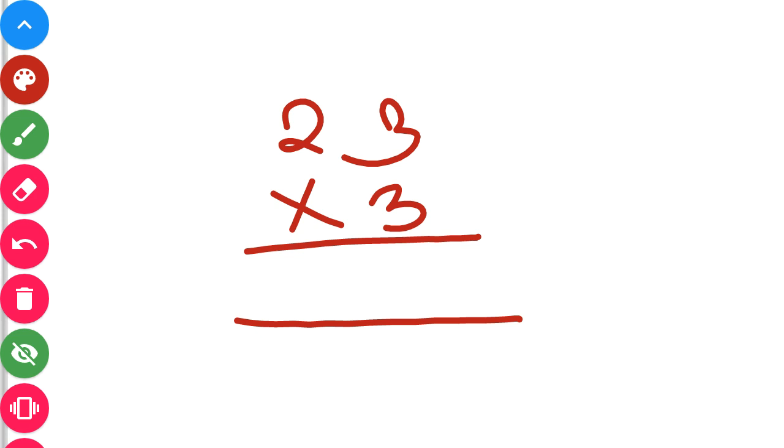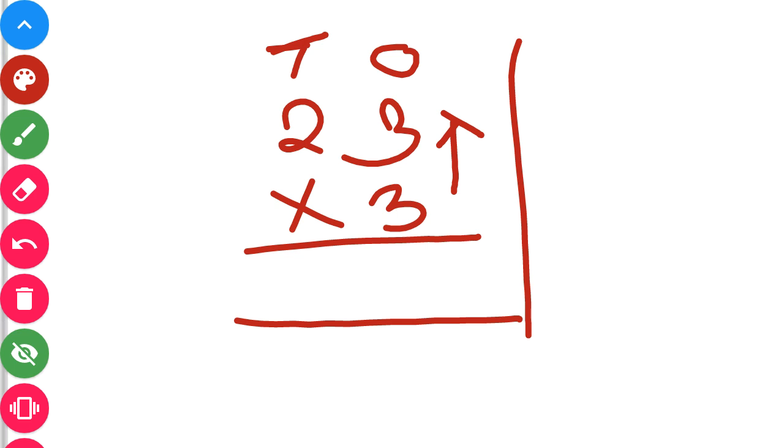So place value of this number is ones and this is tens. Okay, so first क्या करेंगे, we will multiply 3 to 3. सबसे पहले ऐसे मल्टीप्लाई करेंगे वंस प्लेस पे. जैसे हम एडिशन करते हैं तो we always start with ones place, no? So here also we will start with ones place only. Now करना क्या है, 3 का टेबल 3 टाइम्स. नाउ चलो काउंट करो 3 का टेबल बेटा. टेल मी द आंसर. कम ऑन फास्ट.